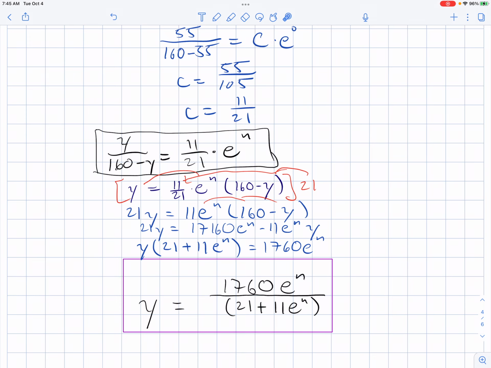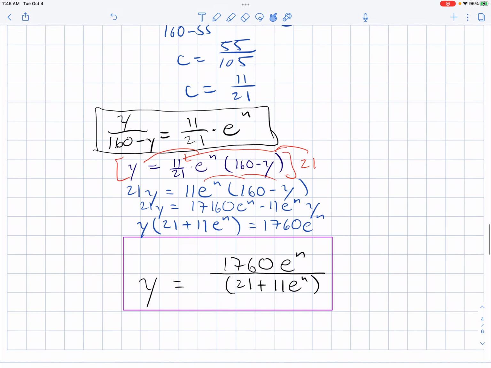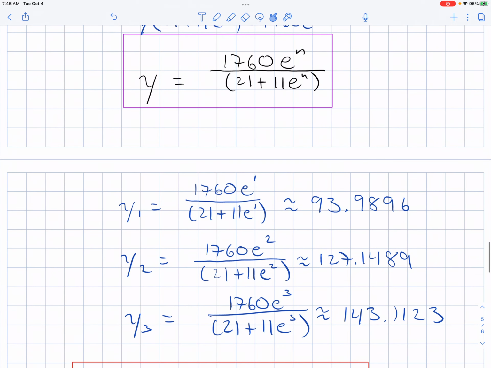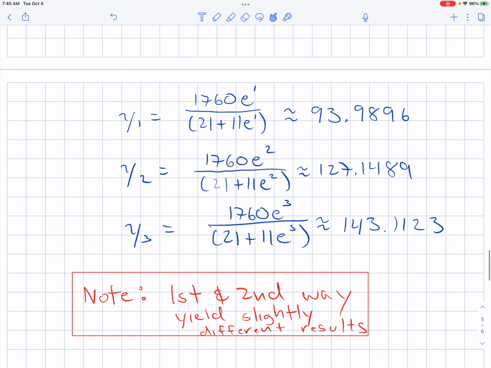So when you plug in our values, which now I'm just going to state them because again this has been a long example when you do it this way, but that's part of the fun of doing differential equations. If you have the first generation where n equals 1, you end up with 93.9896. Second generation, 127 beetles, by the way, and third,